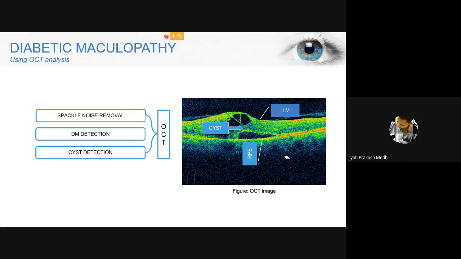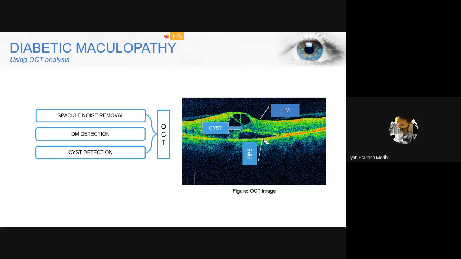Now, next is the identification for DM detection. For DM detection, what we have to do is identify the ILM layer and the RPE layer. ILM layer is the first membrane layer of the retina. That means, as you can see here, the first layer, this line is called the ILM layer. So identification of this ILM layer and the RPE layer is this layer. As you can see here, the brightest last layer of the retina. So identification of these two layers and then obtaining the thickness between them will let us identify the presence of